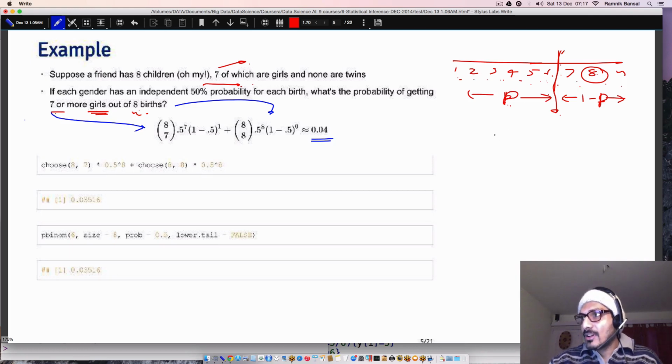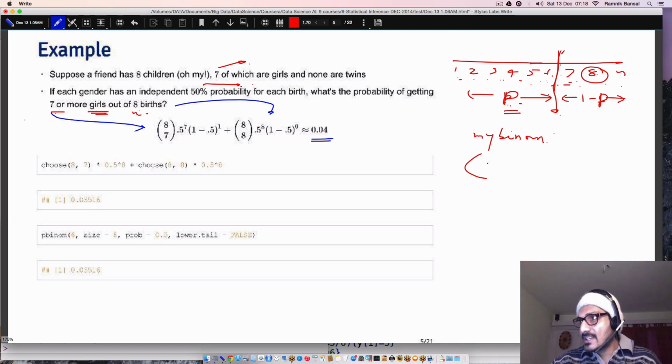Now, if I was to draw one single formula out of this, let me call it my binom. I create a function in R which is my binom. I should give it three inputs. What is the first input? Where I want to divide the line. Whatever number I give, below that it will give me this answer. So the output will be this capital P.